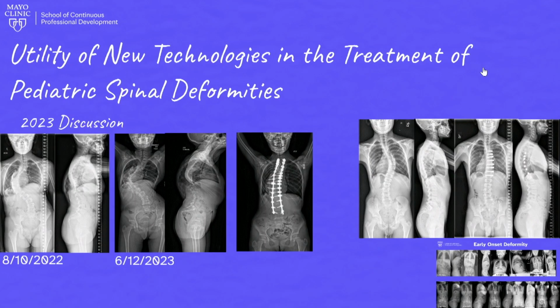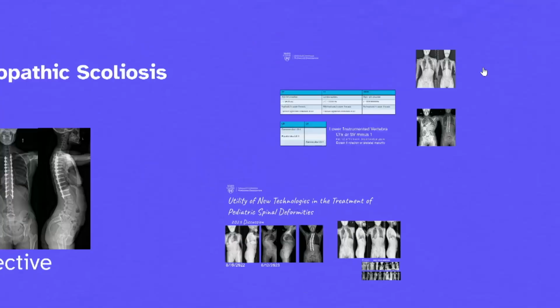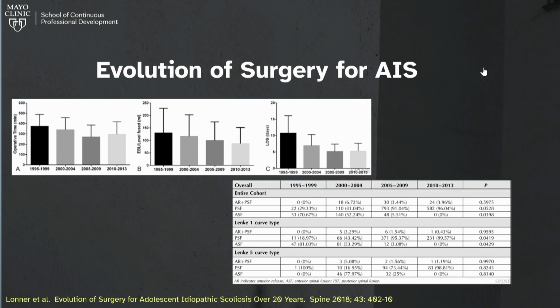And then we extrapolated on to thinking of emerging technologies and new technologies for treating pediatric deformities, particularly as it relates to anterior vertebral body tethering, when Dr. Lawnard visited us last year. And thinking of the early onset deformities, whether it's magnetically adjusted growing constructs or the traditional growing constructs, following patients in time and ultimately deciding when we're going to treat these patients with definitive fusions. But today, we're going to speak a little bit about addressing the lumbar deformities.